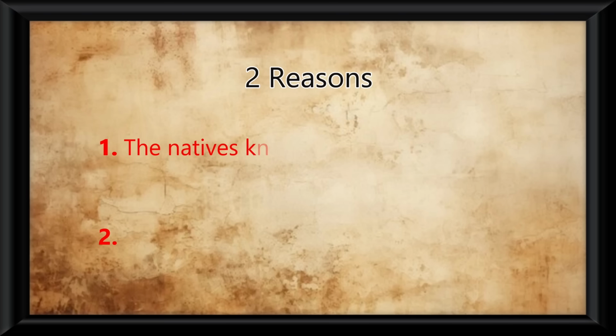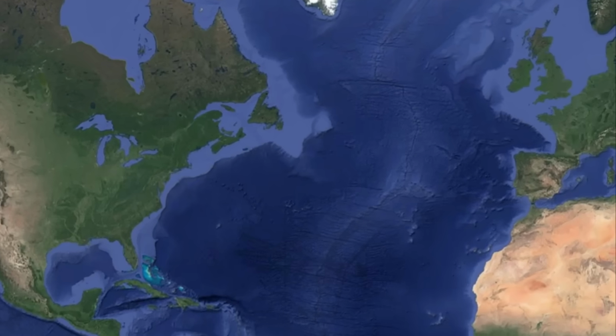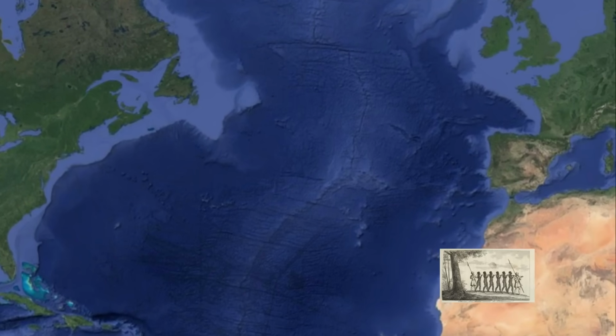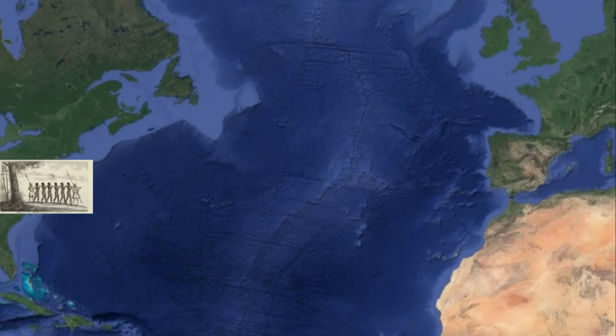First, the natives knew the land that they had lived on for centuries better than their European guests, and therefore could escape pretty easily. And second, the natives were dying in mass numbers by smallpox, and you can't enslave a dead person. The way Spain solved this was by transporting slaves from Africa to the New World on ships, the brutal journey known as the Middle Passage, and work the land.